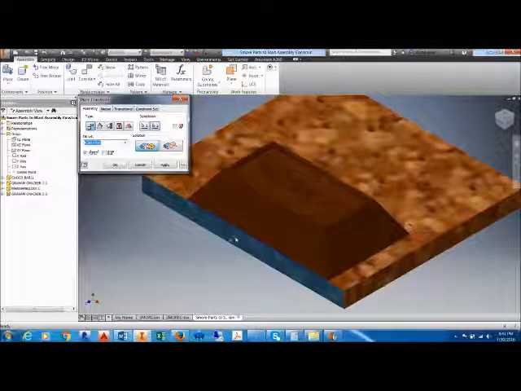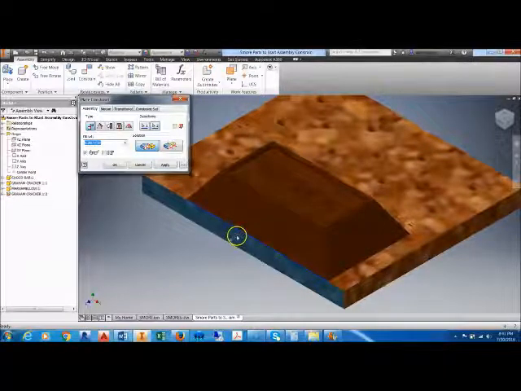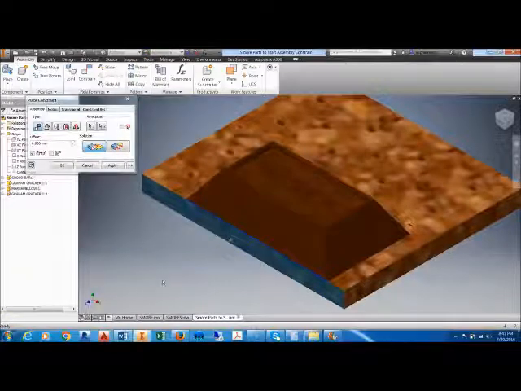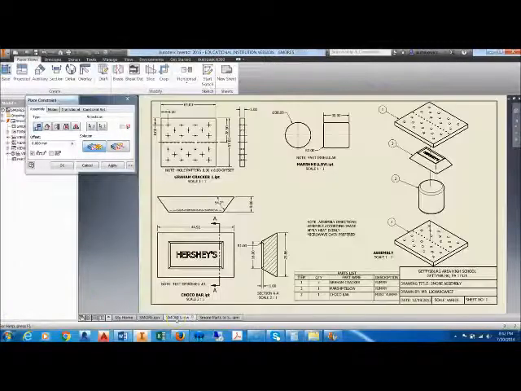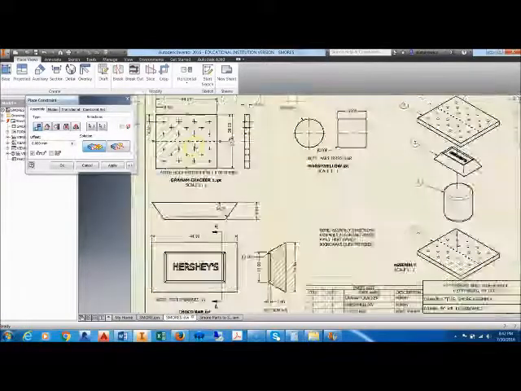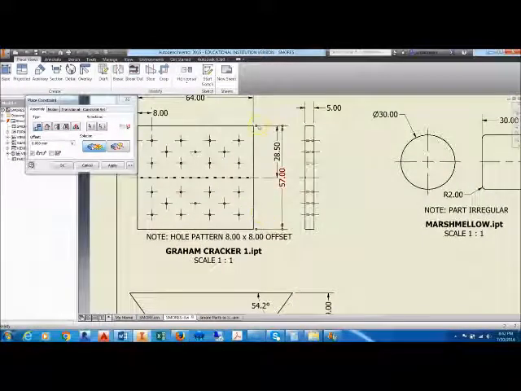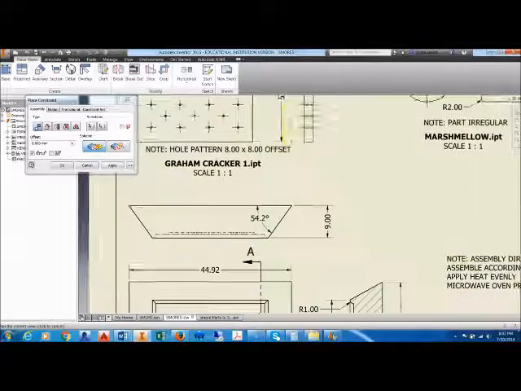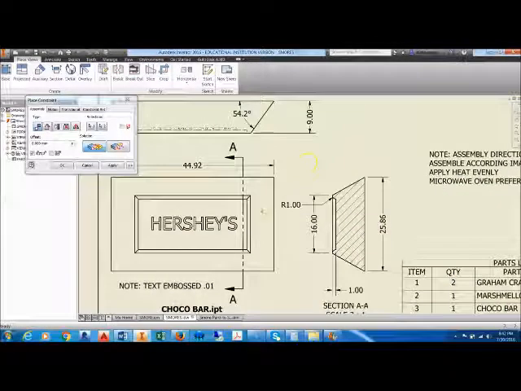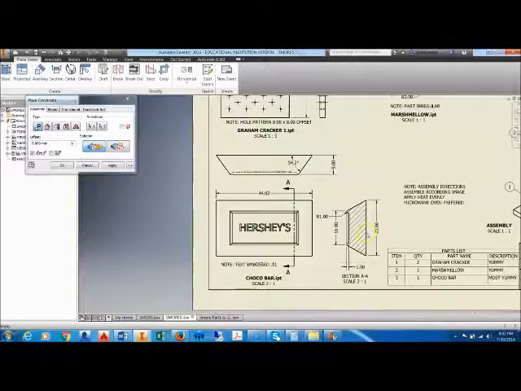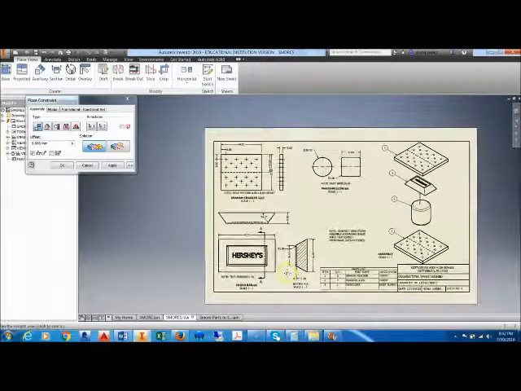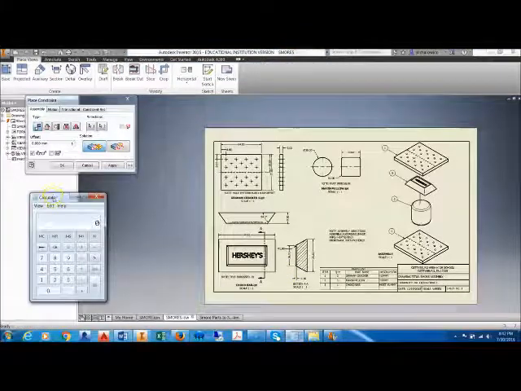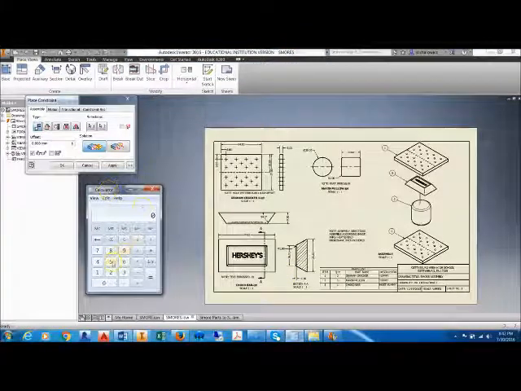This is where the dimensions of the graham cracker and the chocolate bar become very important. In order to illustrate, I'm going to go to the orthographic drawings and look at the dimensions. The graham cracker has a length of 57. The chocolate bar has a length of 25.86. So I'm going to utilize my calculator to illustrate the math involved, and I'm going to take